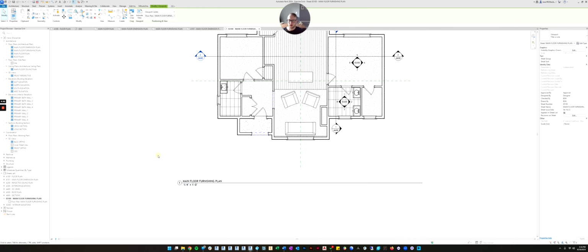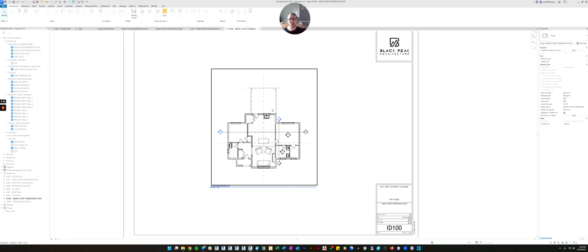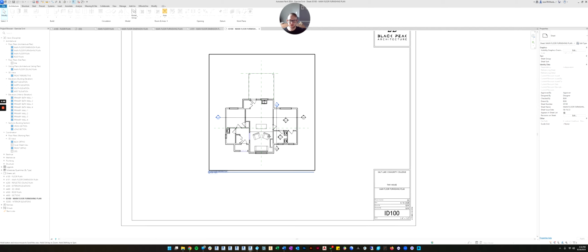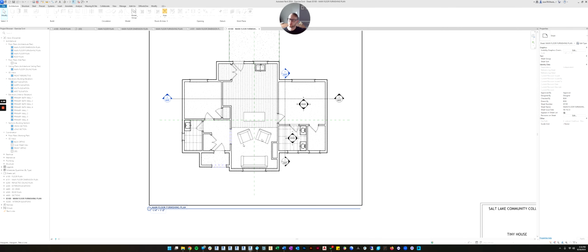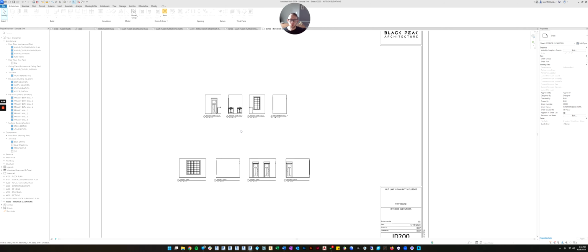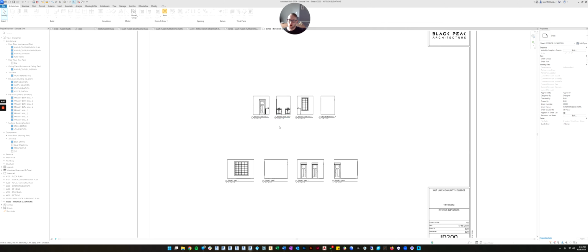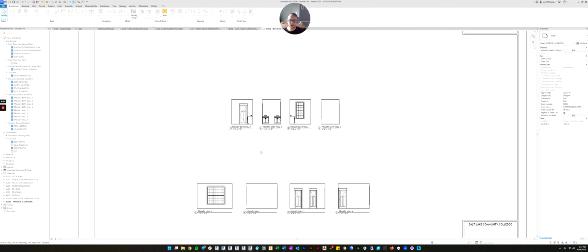All right, so now the views are also labeled. The next thing we're going to do is create enlarged plans. So we've talked about those before, and those will typically, not always, but typically go with the interior elevations. So in your file, you have chosen to elevate different rooms than me. So all you need to do is go to the room that you elevated, and we're going to create enlarged